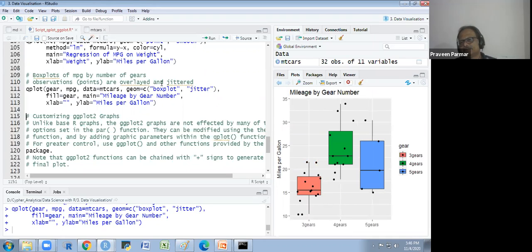Look at this. So this is also the jitter which I have fitted here. So this shows these points, how many vehicles are here for this mileage. There are 2 vehicles of this mileage. Understand? And we could judge the frequency also. How many are there? How many are here? Got it?